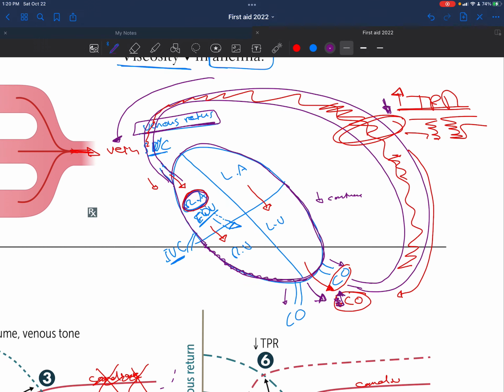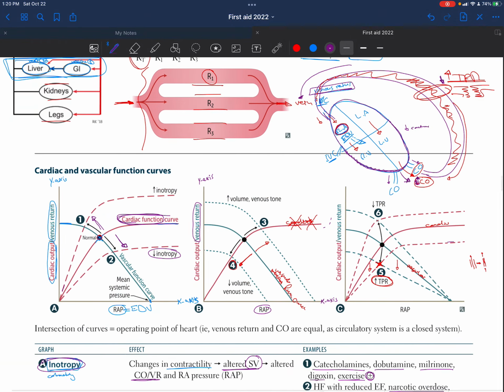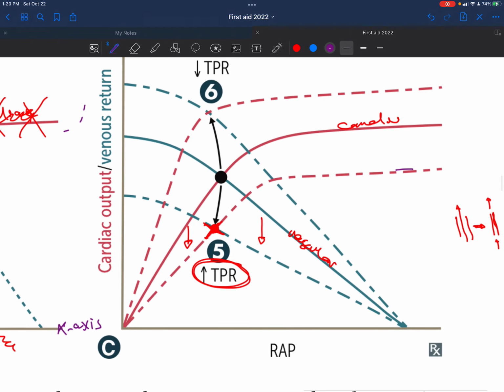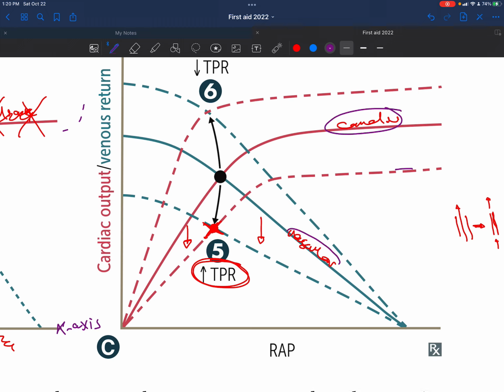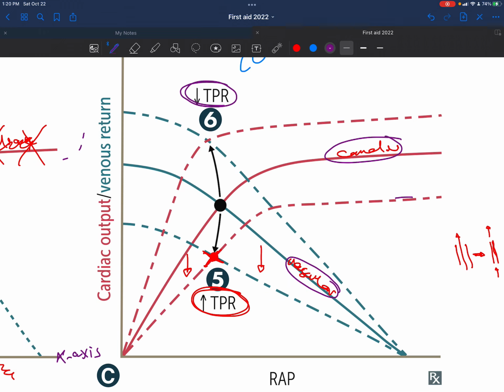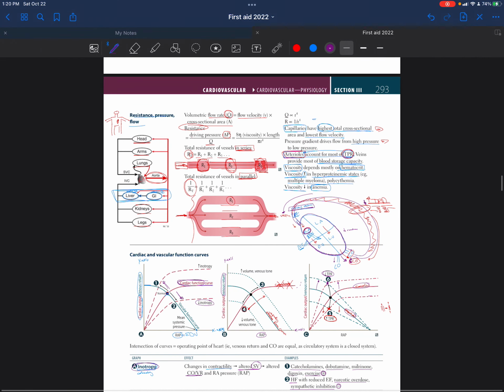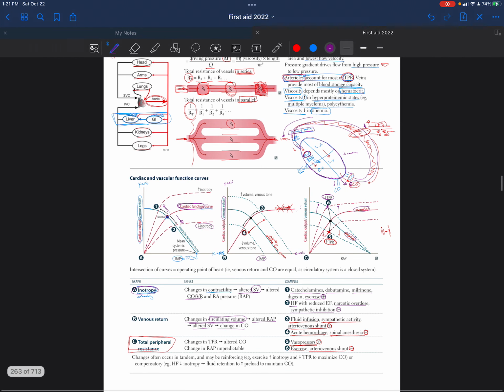The cardiac output, of course, is going to end up as venous return, so we are changing that as well. That's why the decrease in the total peripheral resistance is going to affect both of these curves. It's not going to only affect the heart, and it's not going to only affect the vascular, it affects both. So if we decrease the total peripheral resistance, then the cardiac function curve is going up, and at the same time the vascular function curve is going up as well. So their cross section now becomes this point. So we are basically changing the two